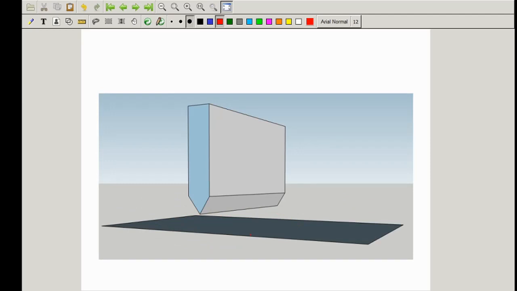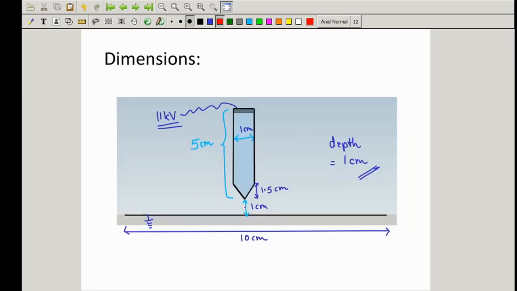So let's consider a typical dimension as shown. This is the 11 kV excitation to this complete conductor, this electrode completely, and then this plane is grounded, or in other words it is at ground potential. Then to bring in the 3D effect, we are specifying a depth of 1 centimeter.